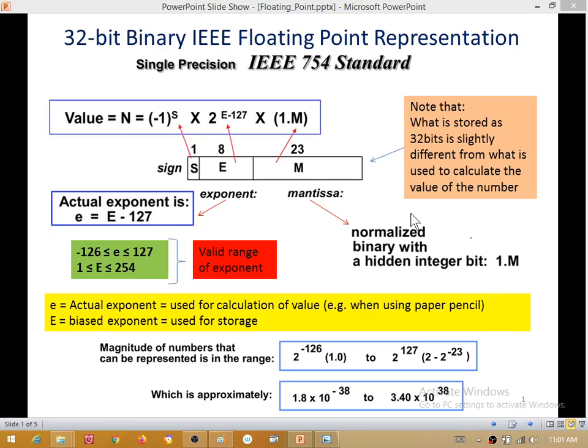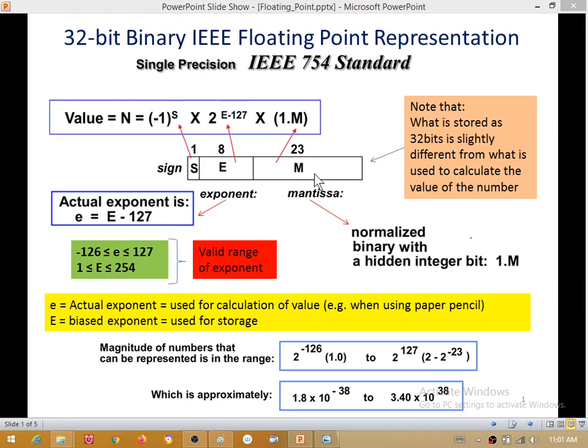Let us quickly revise what we did in this slide. So this slide is talking about 32-bit IEEE floating point representation, also referred to as single precision IEEE 754 standard of representing floating point numbers using only 32 bits. So in those 32 bits that are stored in a memory, and these 32 bits are representing a real number,